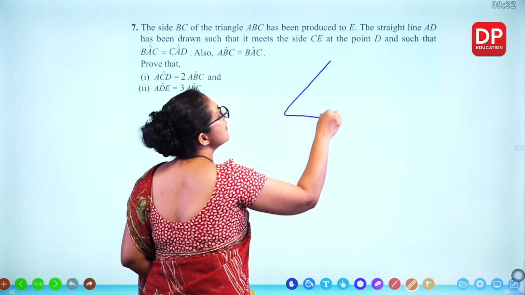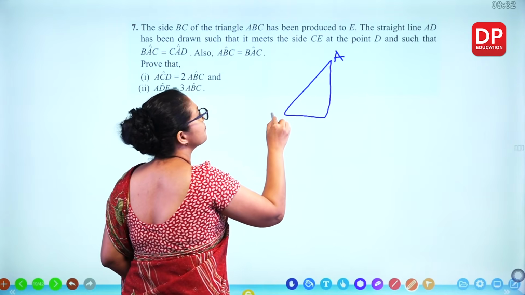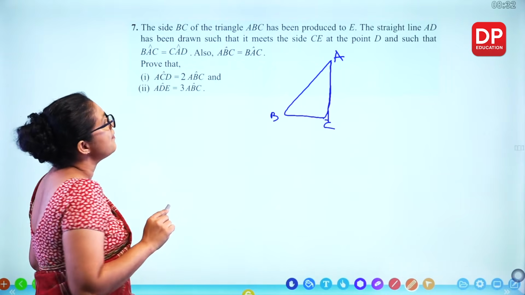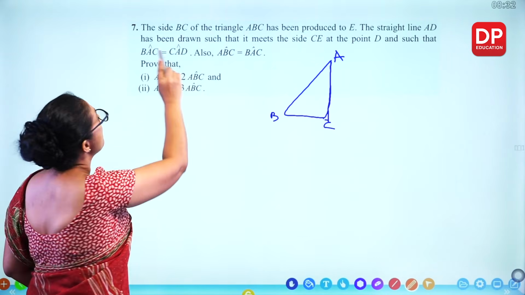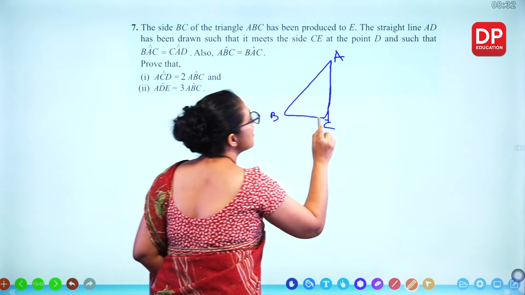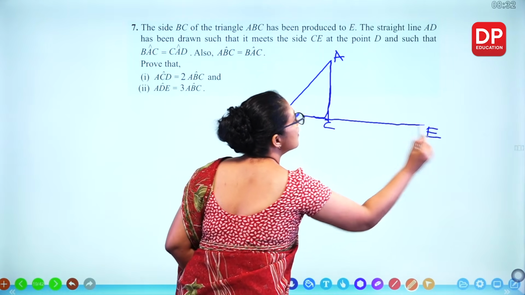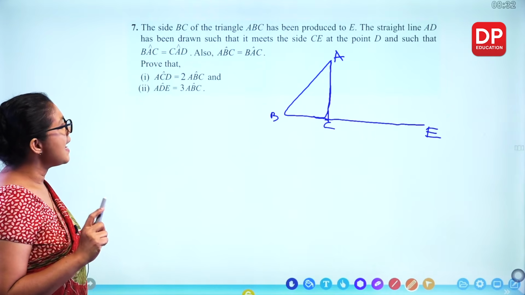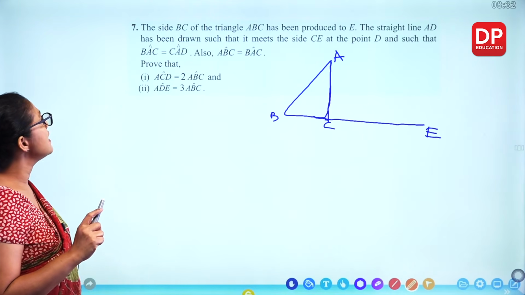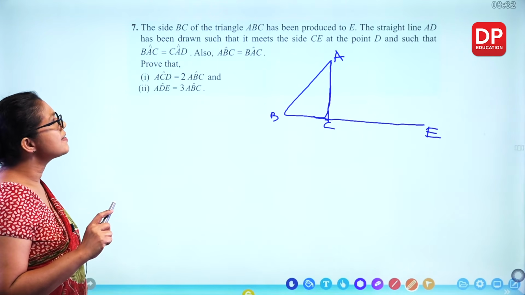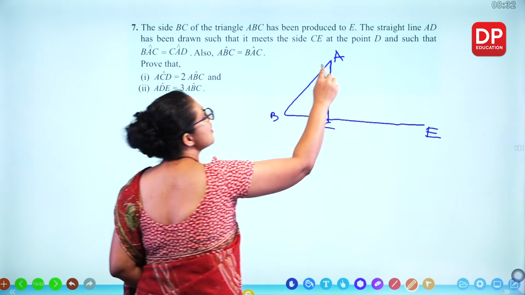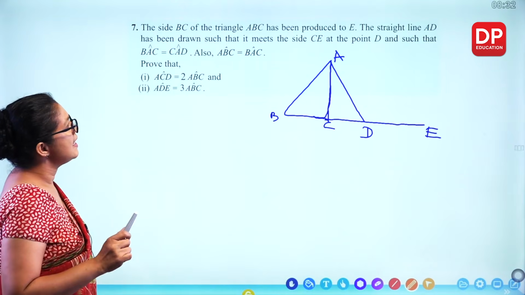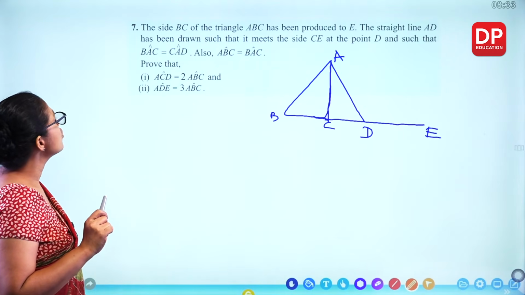So there's an ABC triangle, and it says the straight line BC produced to E. And there's a straight line AD that has been drawn such that it meets the side CE at the point D,